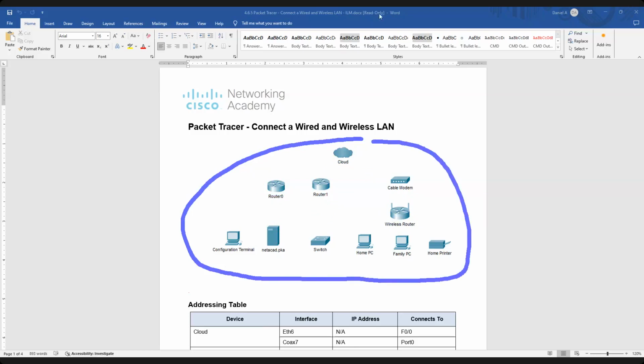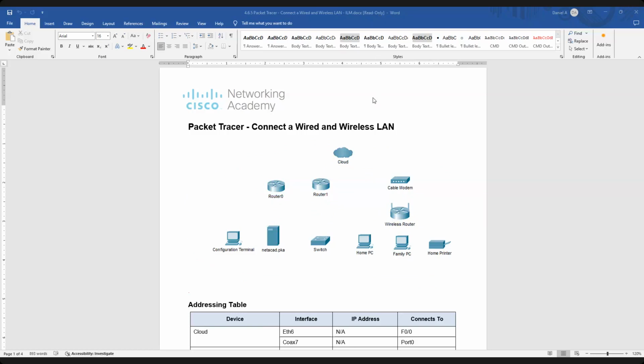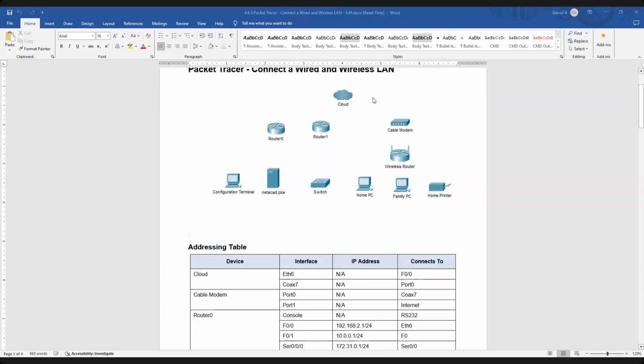So the given topology is just to help us to connect different wired and wireless devices. Don't forget that before installing those devices and connecting them, we need to understand the addressing theory. So we have a cloud, right? This cloud connects your cable modem and your router. Don't forget that we have a coaxial cable, right? That connects to this Ethernet port, right? And of course,